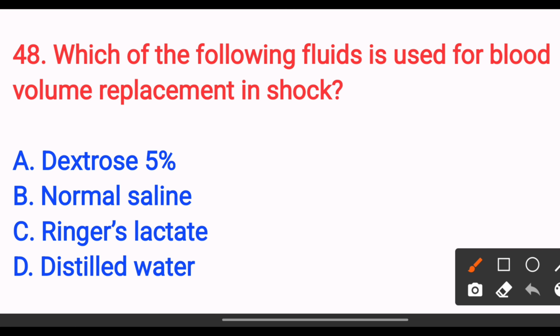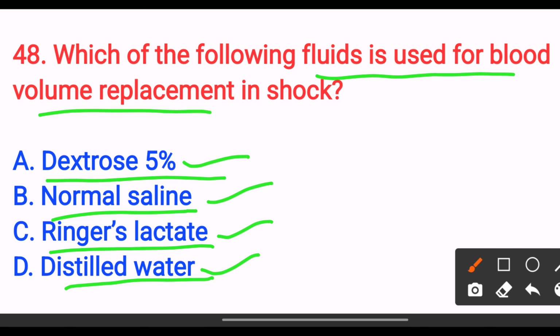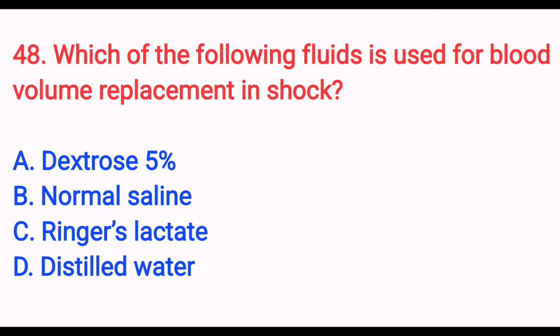Which of the following fluids is used for blood volume replacement in shock? Option A dextrose 5%, option B normal saline, option C Ringer's lactate, option D distilled water. The answer is option C Ringer's lactate. Ringer's lactate is isotonic, expands plasma volume and restores electrolyte balance in hypovolemic shock. So the answer is option C. Next,